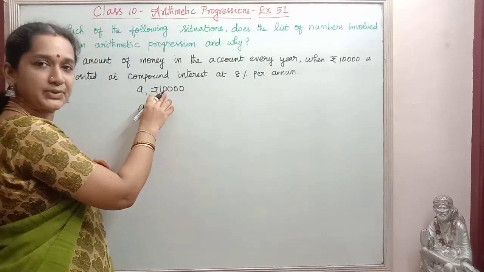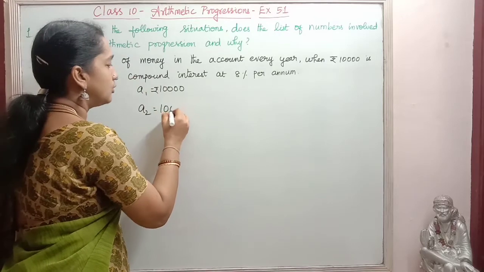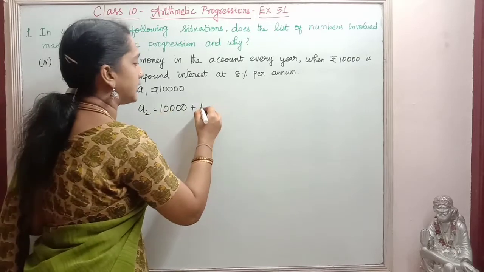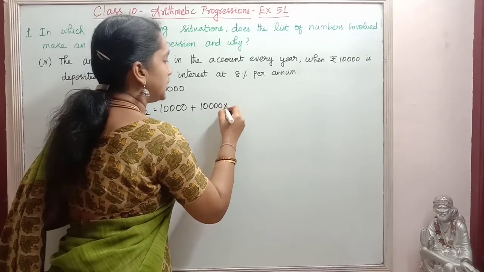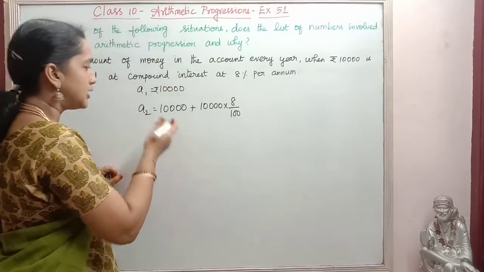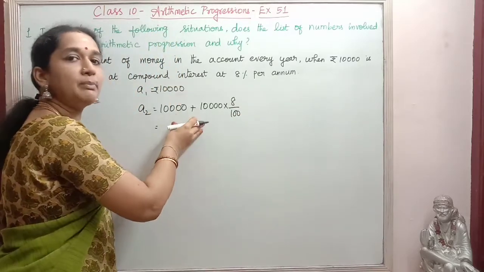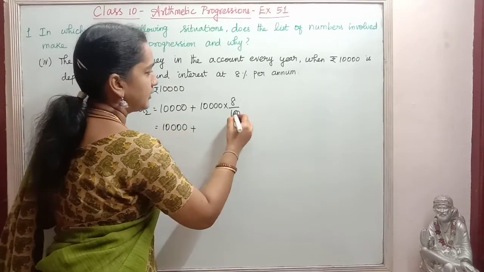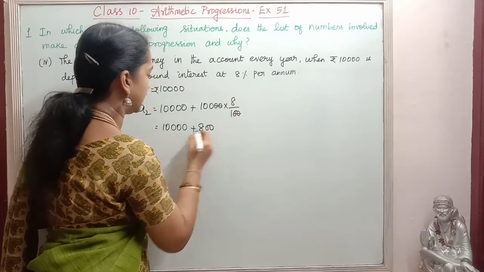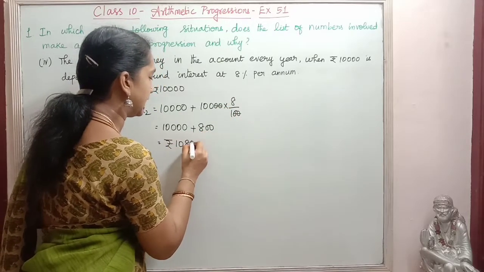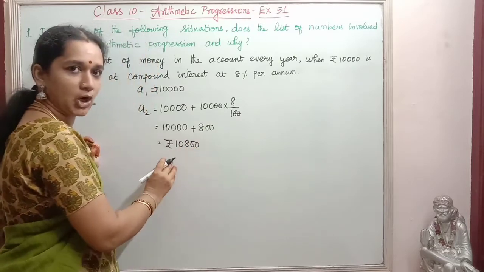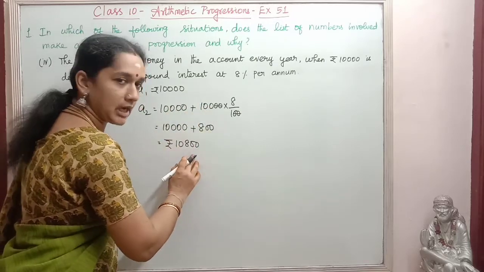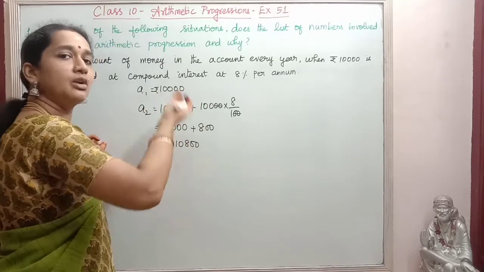So this is the first year, it is 10,000. With this 10,000 we have to add the 8% interest for this 10,000. So 10,000 into 8%. Whatever value we are getting, this will be the principal for the next year. So this is 10,000 plus, when we simplify this, we get 800 here. So this is rupees 10,800. We got 10,800 as the principal and the interest. So this will be called the amount. So this amount will be the principal for the next year.